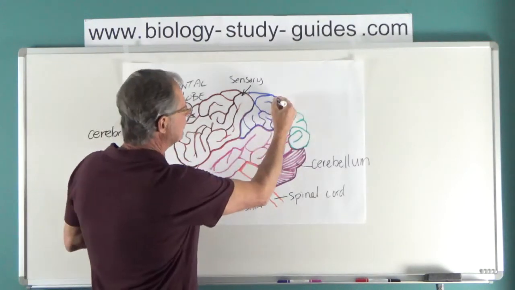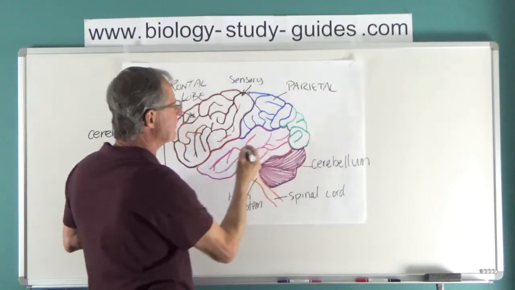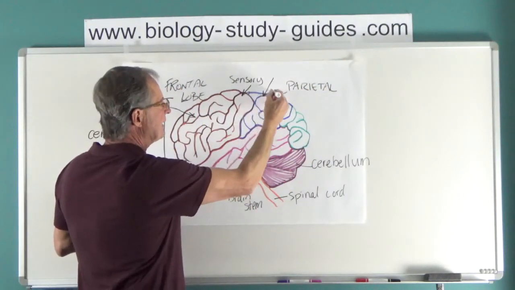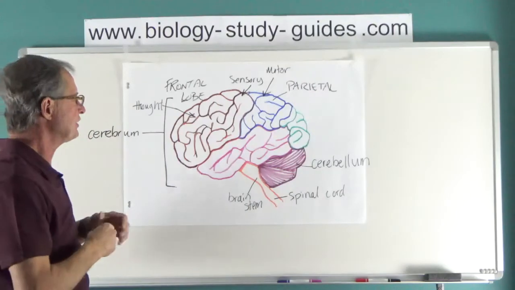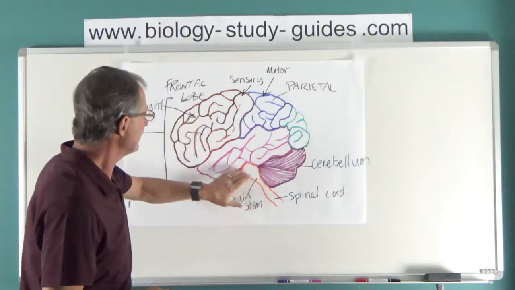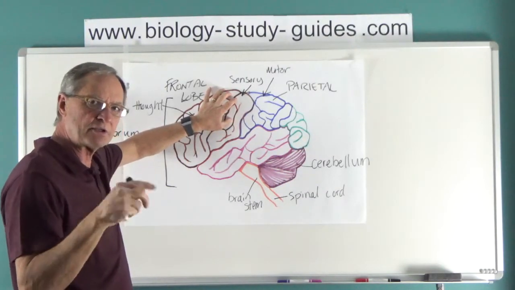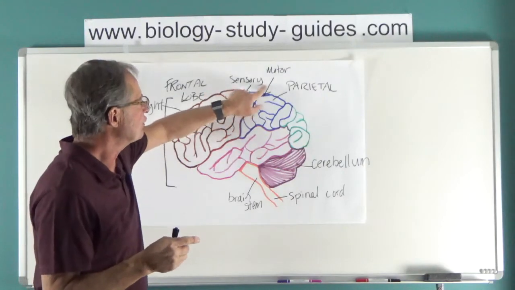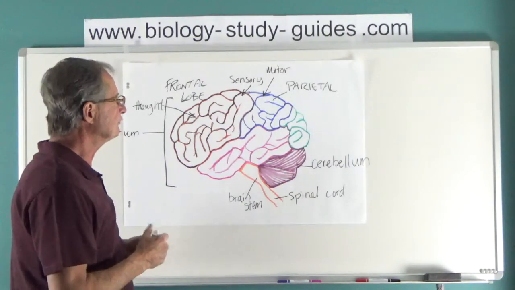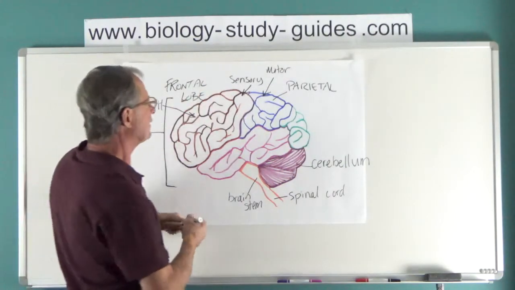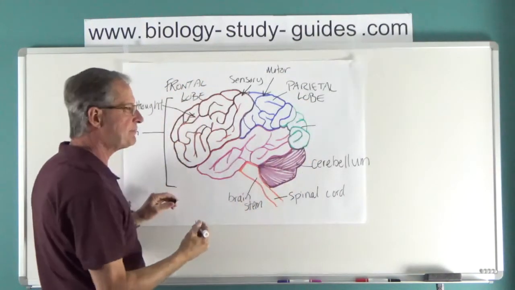This part here in blue is the parietal lobe, and the parietal lobe has a motor area right here. So you might start to make some connections: you feel a sensation in the body and you want to move some body part to take care of it, so there has to be a connection to the motor area. The motor area would generate a nerve impulse to whatever muscle you want to move. So we have a frontal lobe, a parietal lobe, an occipital lobe,